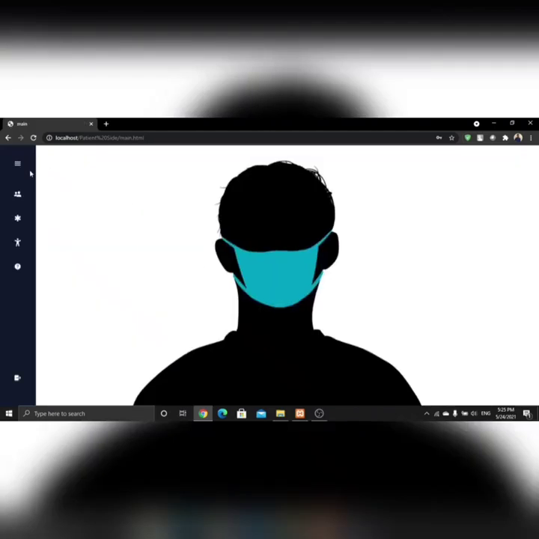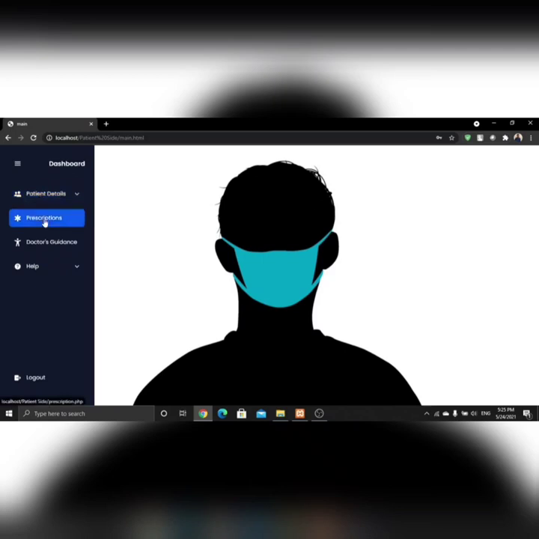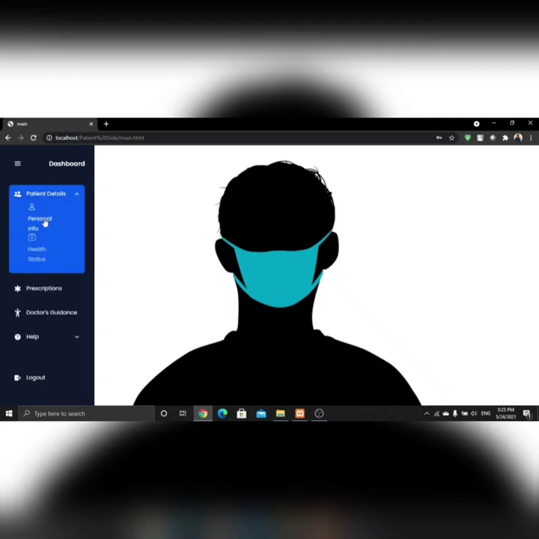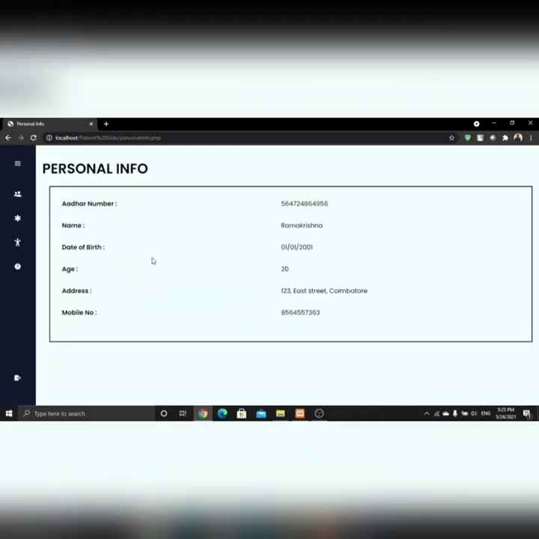The dashboard consists of patient details, prescriptions, doctor's guidance and help. When you click patient details and personal info, the personal information of the patient will be displayed.